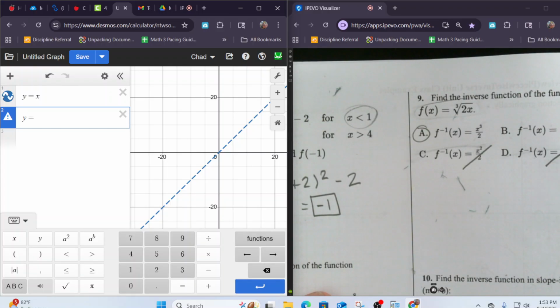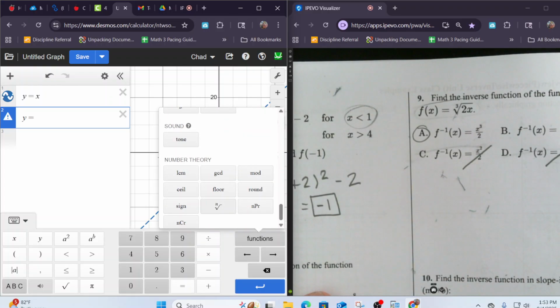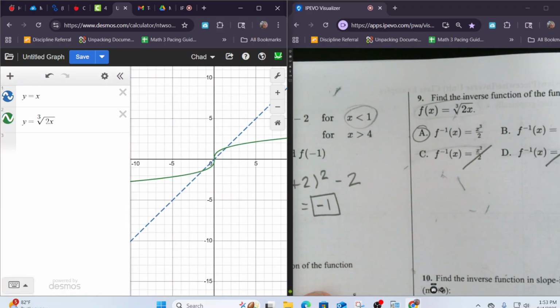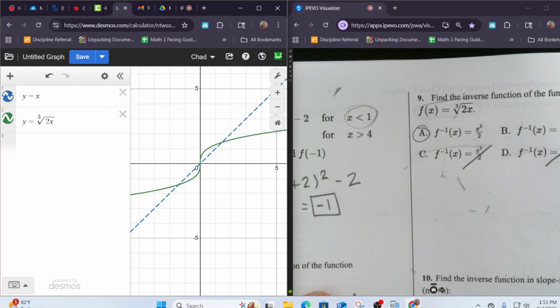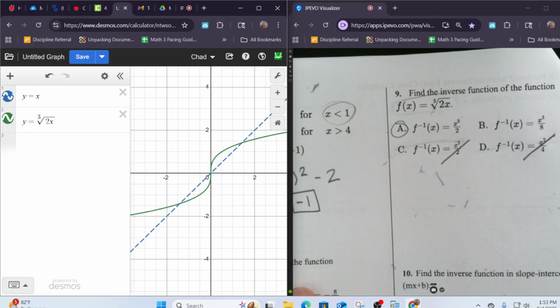Guys, to get the cube root to come up, you go to functions all the way to the bottom to the number theory. Click that. If you need help with this, I can help you with it, as far as the calculator. All right, there's the function right there. That's your original. Okay? Just for the sake of time,